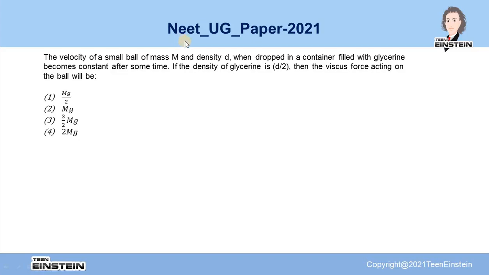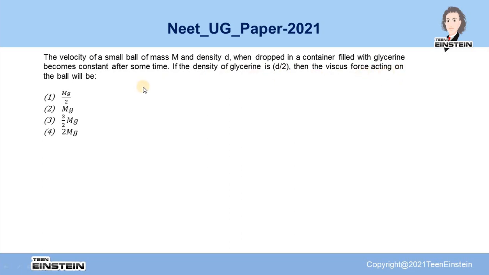Hello students, let us solve a problem from NEET UG Paper 2021. Here is the problem. The problem states that the velocity of a small ball of mass capital M and density small d, when dropped in a container filled with glycerin, becomes constant after some time. If the density of the glycerin is small d by 2, then you have to find out the viscous force